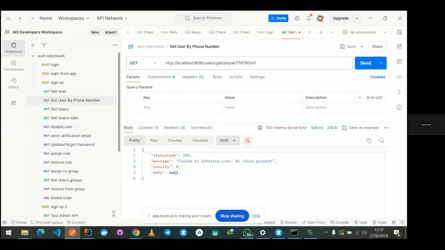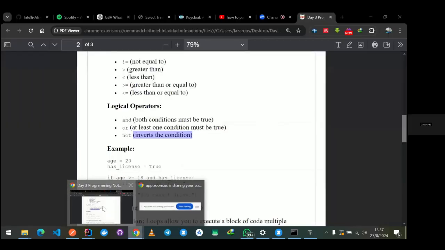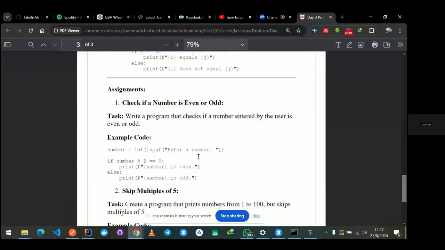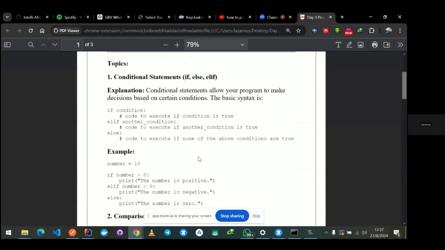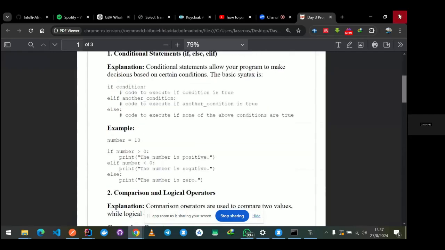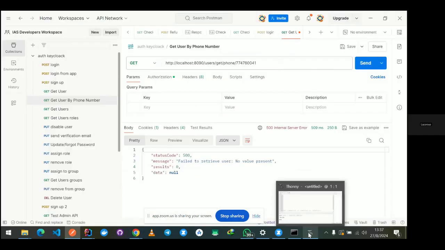Okay, let me see if I had put some examples in here. No. Nope. There are no other practical examples. But let me just